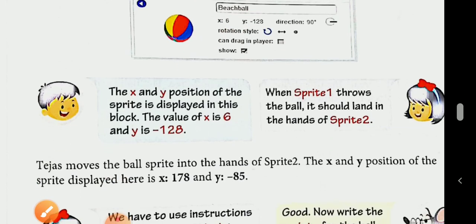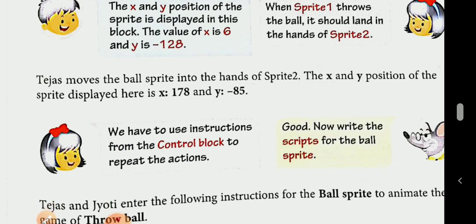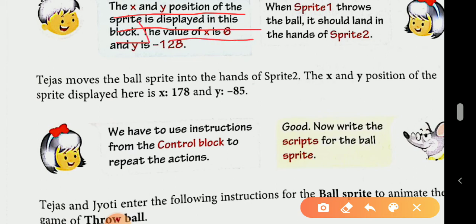Then next, the x and y position of the sprite is displayed in this block. The value of x is 6 and y is minus 128.